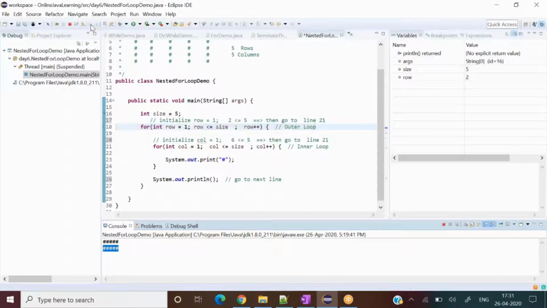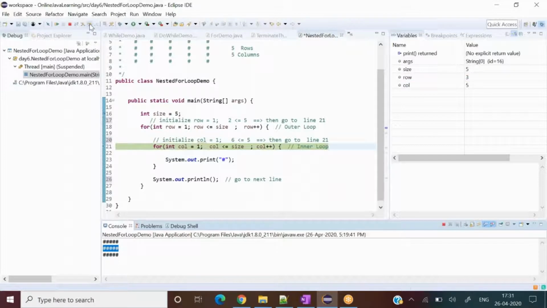Then if I press F6, then row 3 comes into the picture. Again column, see here, there is no column right now here. Now again column 1 will happen, and column 2, column 3, and so on. Those things would keep on going. Do you follow the instruction what I say with respect to the understanding?